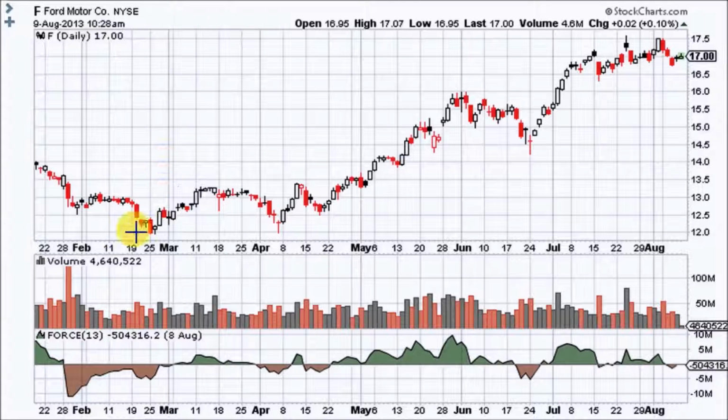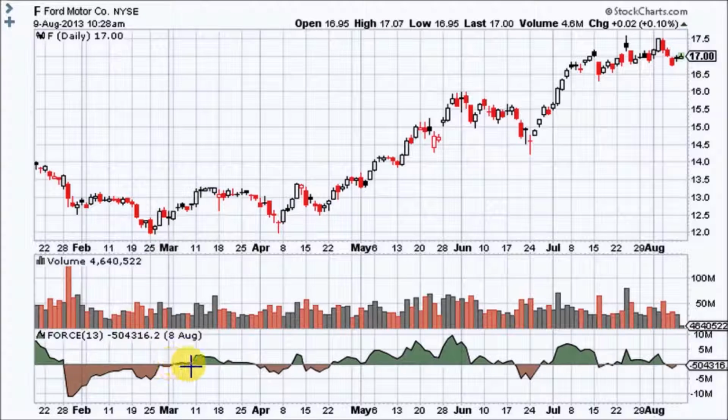Okay, so let's look at Ford here. That was a pretty powerful move down here on huge volume that sent force index from positive into negative territory. Huge straight down move to minus 10 million. Okay, then here is a bullish divergence where the stock is going down, but the lows on the force index are going up, foreshadowing a pretty high volume bottom here,